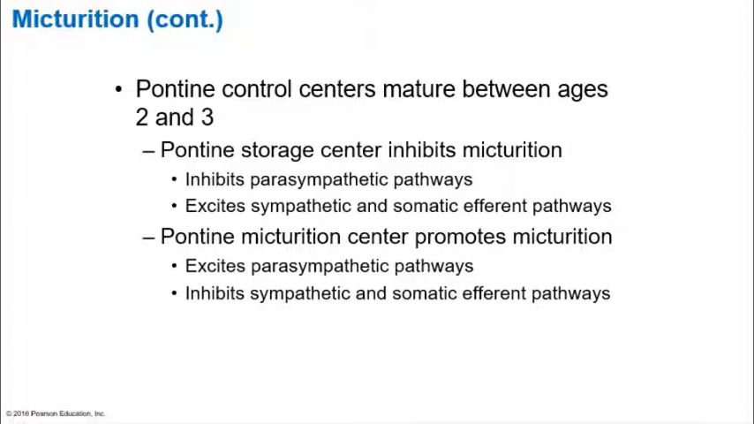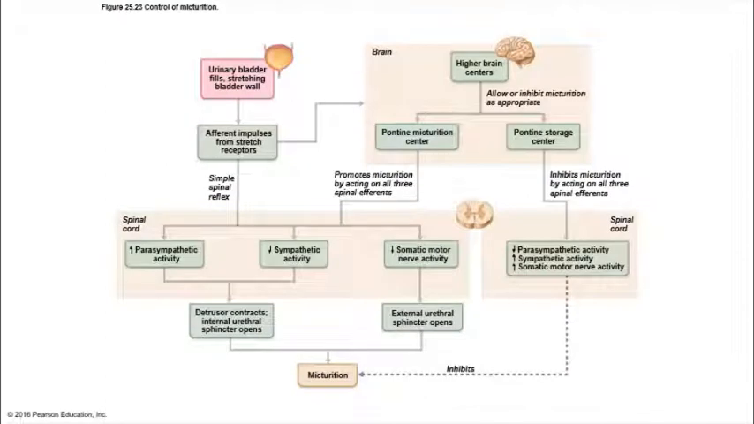And then when you're ready to go pee, you'll use the pontine micturition center. This will stimulate the parasympathetic nervous system and inhibit the sympathetic, so you do pee. So this is what you're waiting to mature so you could train your kid. You're waiting for that pontine storage area to mature so they could hold it, and the pontine micturition area to mature so that when they hit the bathroom, they can go. And that's how your urinary